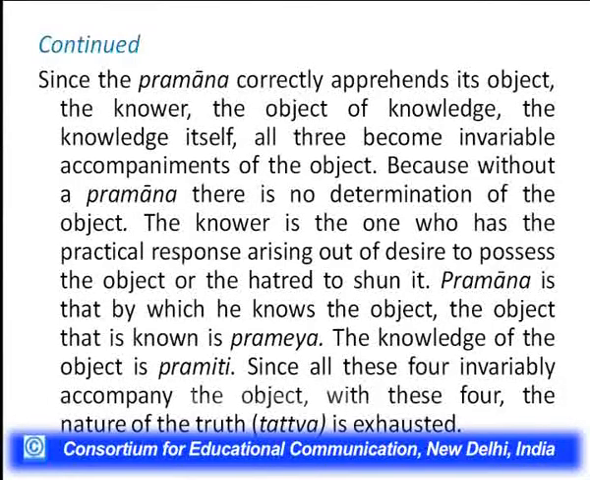Whenever we talk about something as a resultant of a Pramana, then we add the word iti to it, like anumiti, upamiti. So all these four, Pramatra, Pramana, Prameya, and Pramiti, invariably accompany the object. And with these four, the nature of the truth, that is tattva, is exhausted. So basically, here the idea is that